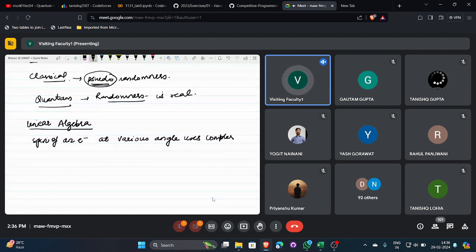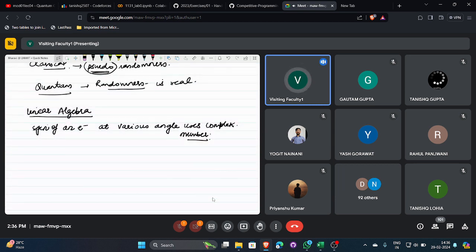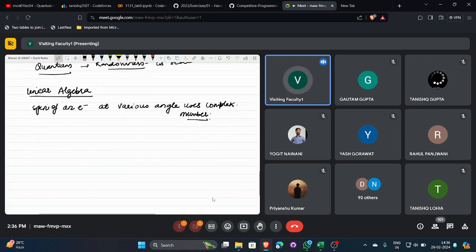For describing this, we will be using complex numbers, because complex numbers provide an ideal way to combine trigonometric and exponential functions. We will discuss how we represent this. But before this,